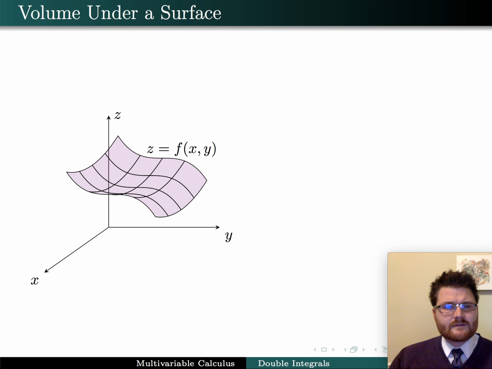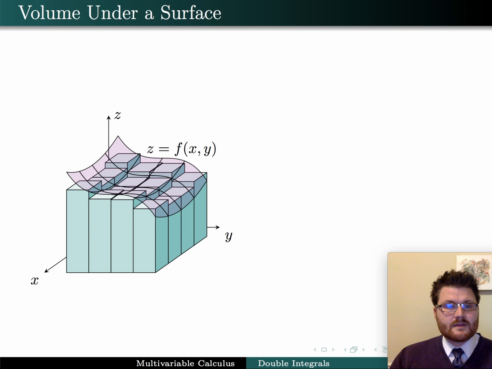Now that we're looking at functions with multiple independent variables, we're instead, as I mentioned, looking at a surface. So instead of finding the area under a curve, we're going to find the volume under a surface. But it's going to work really analogously. It's the same setup. Instead of looking at rectangles, we'll look at right rectangular prisms, for instance, is one way to do this. If I look at a bunch of right rectangular prisms from the xy plane up to my surface, whatever height z it's at,